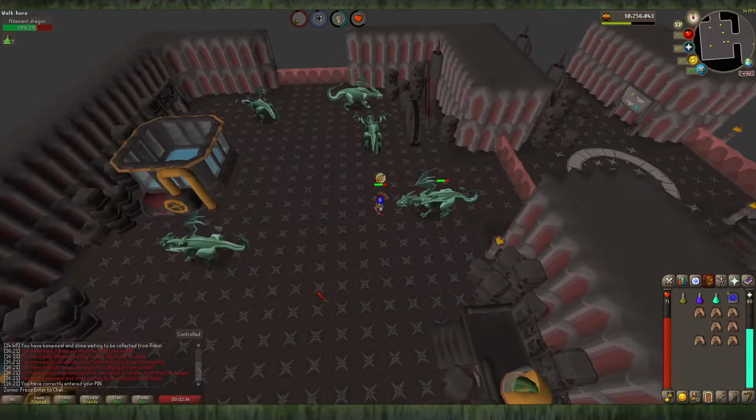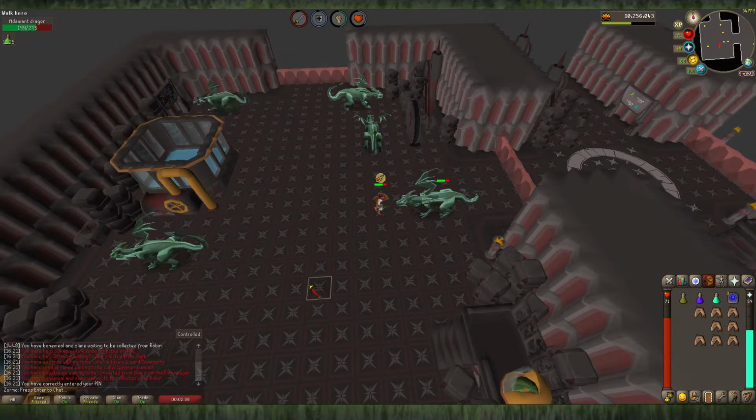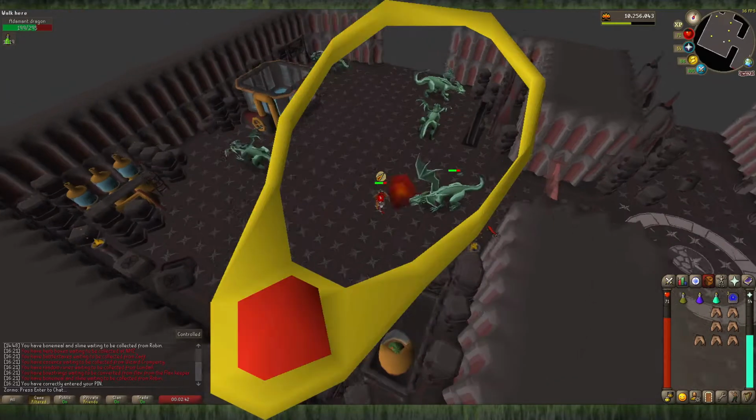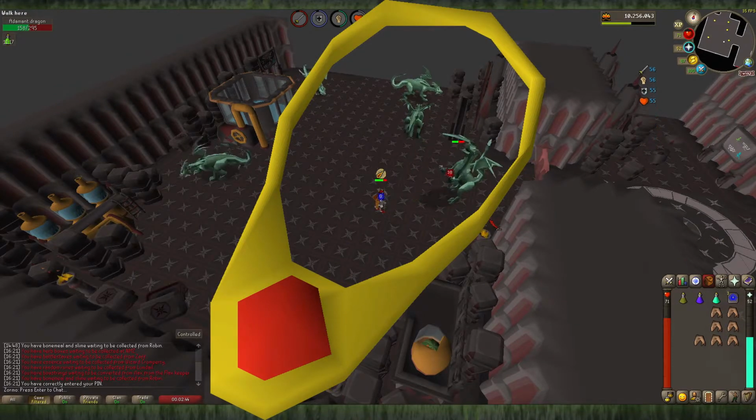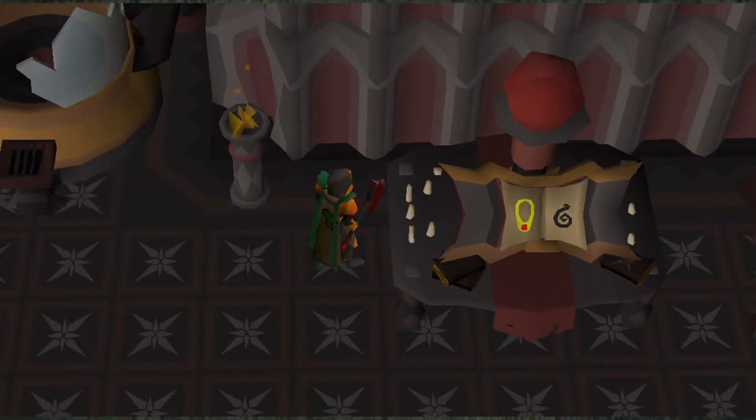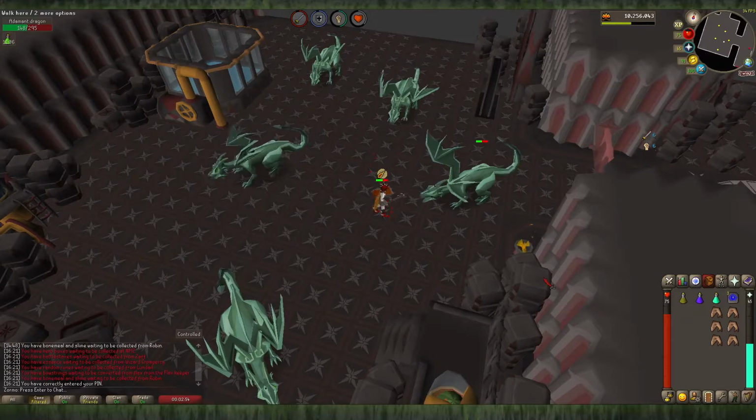Now, it does require Dragon Slayer 2 to access this vault. You can get there by using the rowboat that you use in the quest. However, it is highly recommended that you take a dig site pendant with you the first time that you take the rowboat. And then when you're in the vault, you can use your dig site pendant on the strange machine just north of the Rune Dragon room,